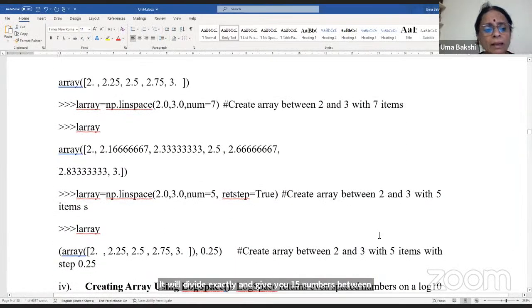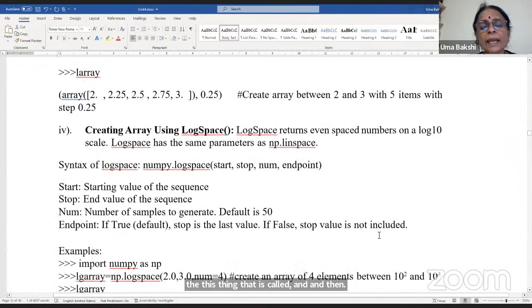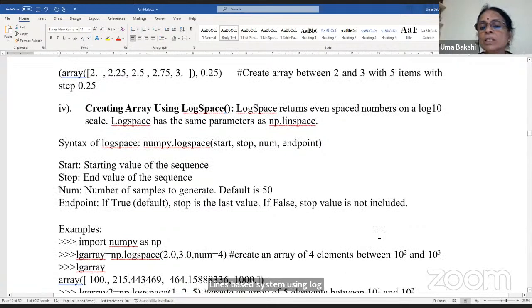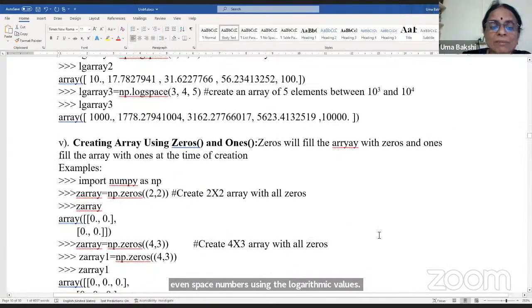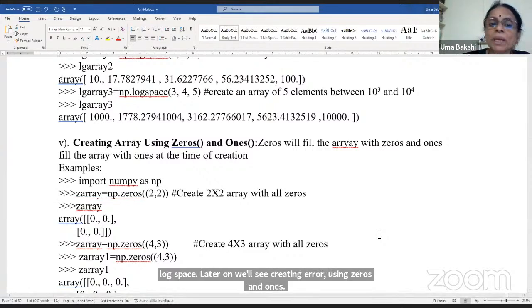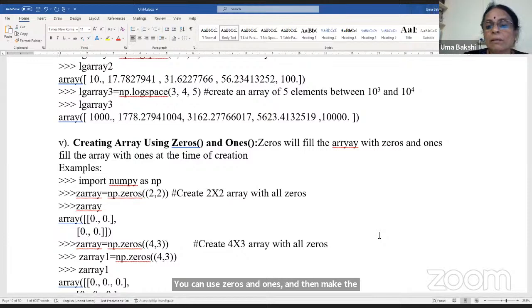Then, creating an array using logspace. Logspace returns evenly spaced numbers using logarithmic values. Anyway, logspace we will see later on. Creating an array using zeros and ones: you can use zeros and ones to make matrices and fill the arrays. Suppose any array does not have the proper values, we can put zeros or ones wherever necessary, which does not affect the